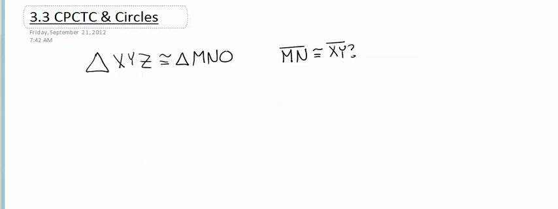In the last few sections, we talked about congruent triangles, some ways in which we can prove them, and about certain parts of the triangle that make them congruent. If we look at the triangles XYZ and triangle MNO, and we state they are congruent, do you know that segment MN is congruent to XY? The answer would be yes, because as we know, if two triangles are congruent,